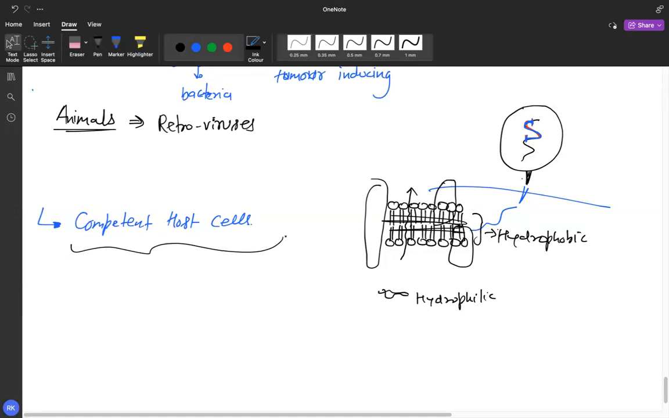So write down what a competent cell is. Since DNA cannot pass through the cell membrane, to force the bacterial cell to take up the plasmid, it is treated with a specific concentration of divalent cation,